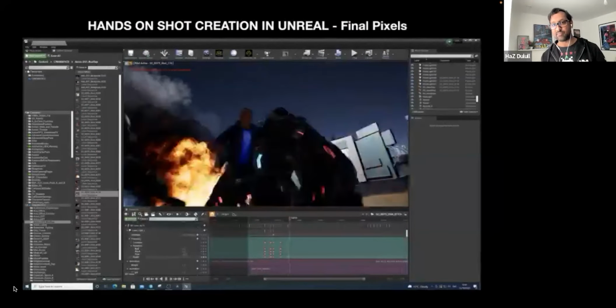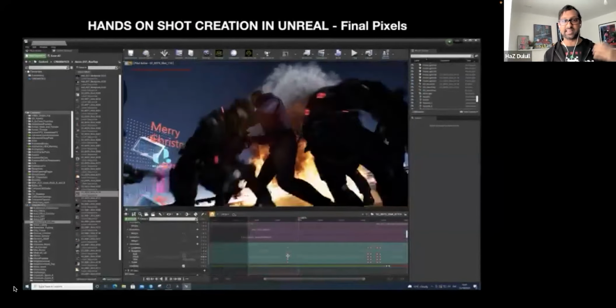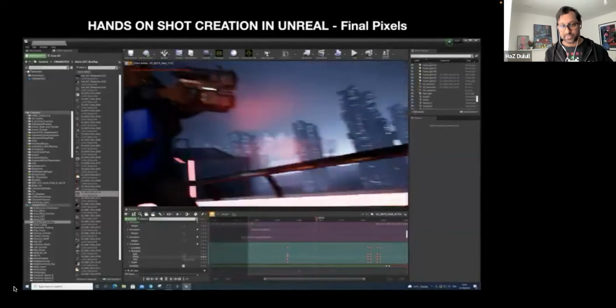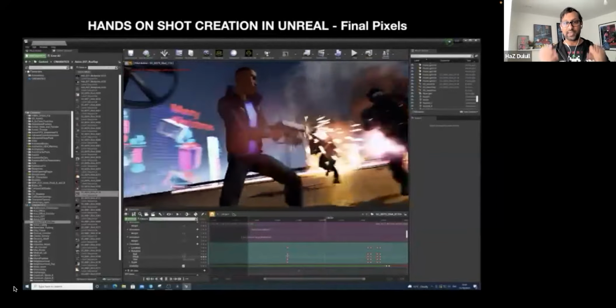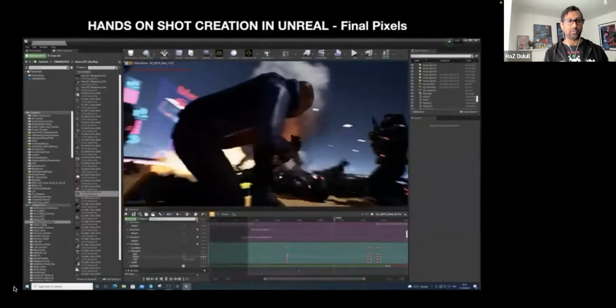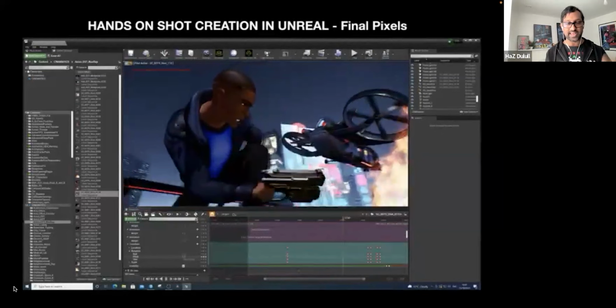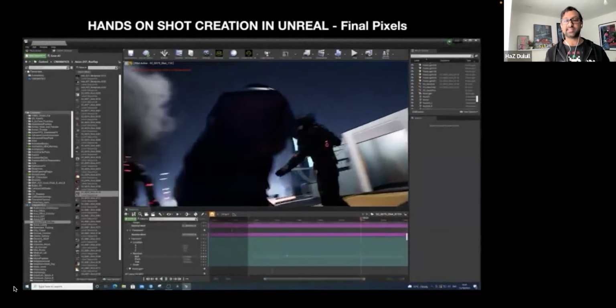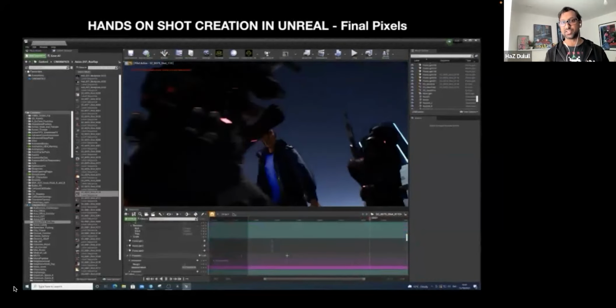What I do is I take the assets that are provided from my team, I take the environments, the effects, the blueprints set up by Andrea, and then I'll put it all into sequencer, and then I'll choreograph the whole thing myself inside of Unreal. I will trigger off explosions, trigger off muzzle flashes, and literally just be a conductor inside sequencer. The difference is I'm being hands-on.